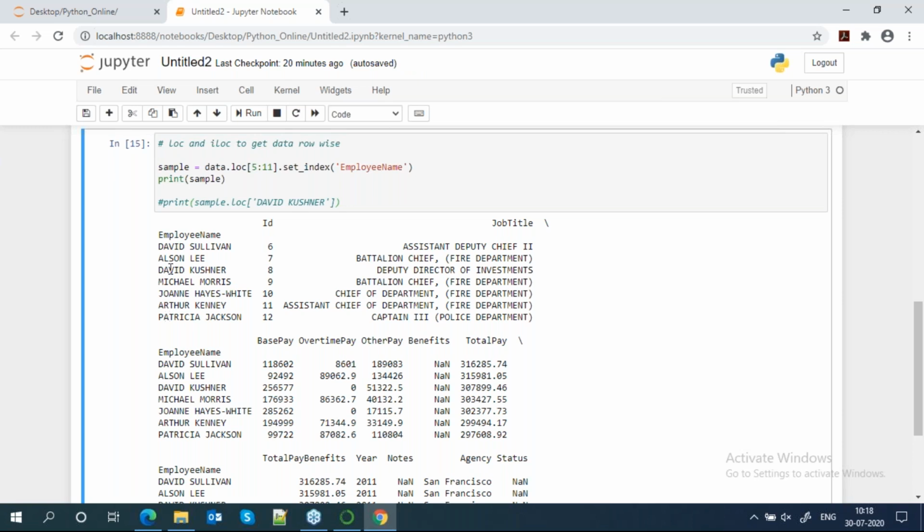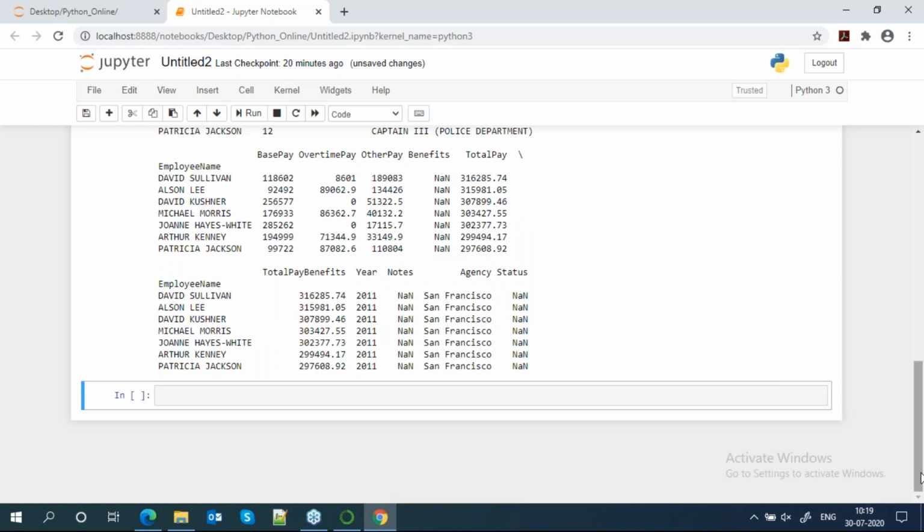So iloc always accesses by your position, not by your index name. If you want to get the data by your index name, use loc. And if you want to pass a position like 0, 1, 2, 3, use iloc. So this is the one example. So now take some data.